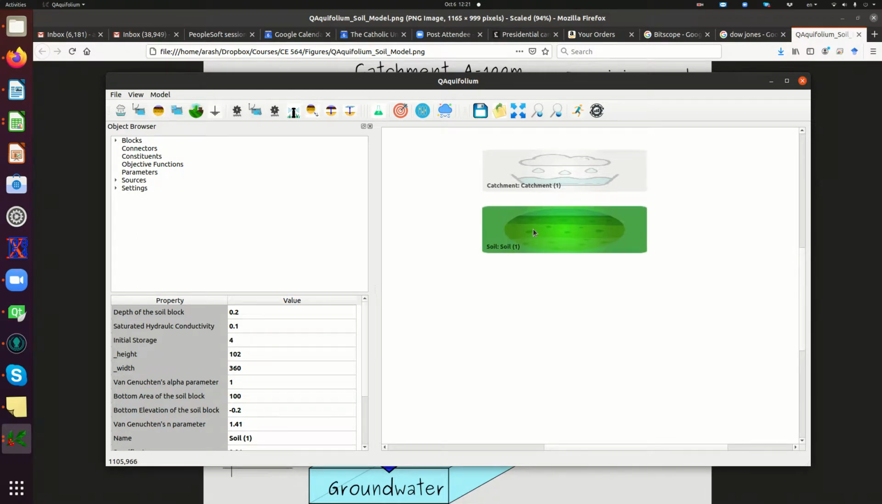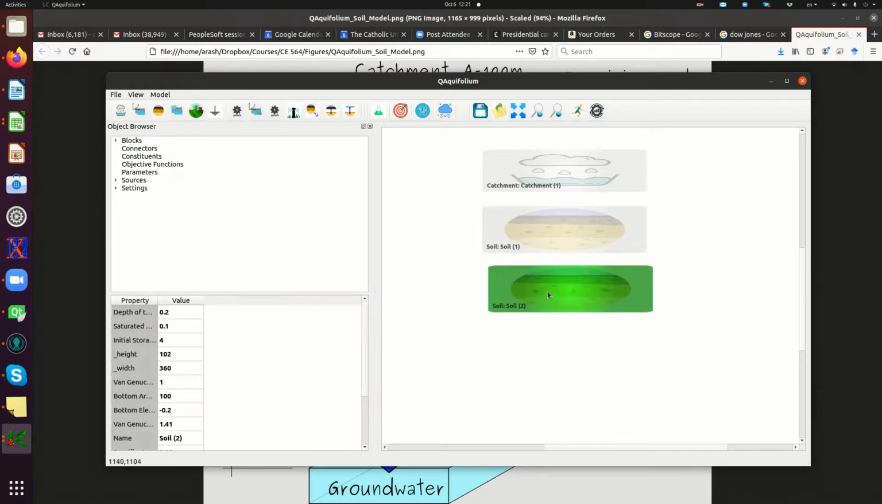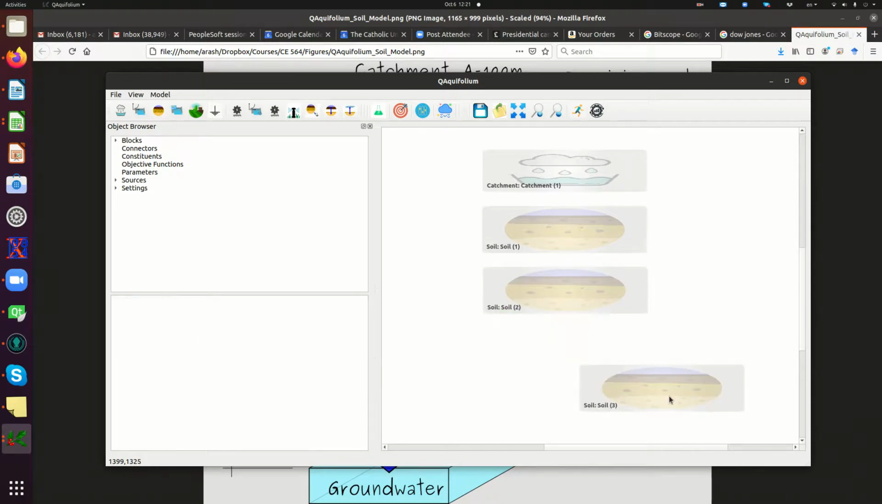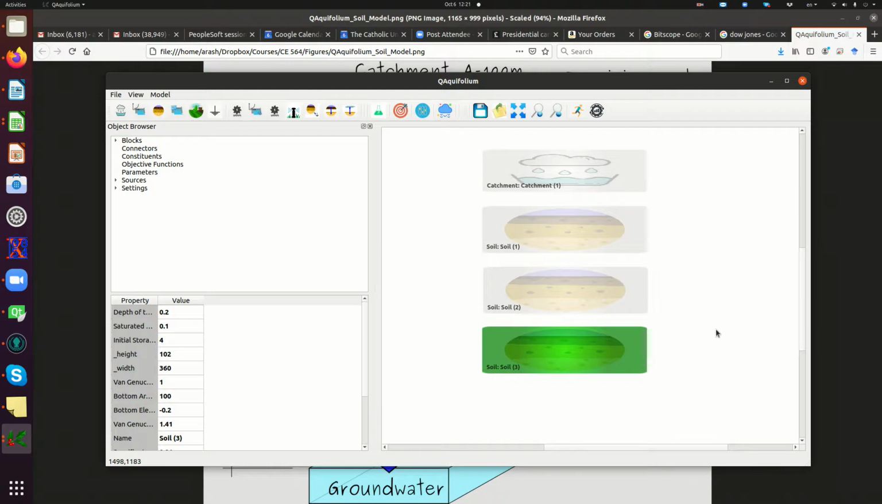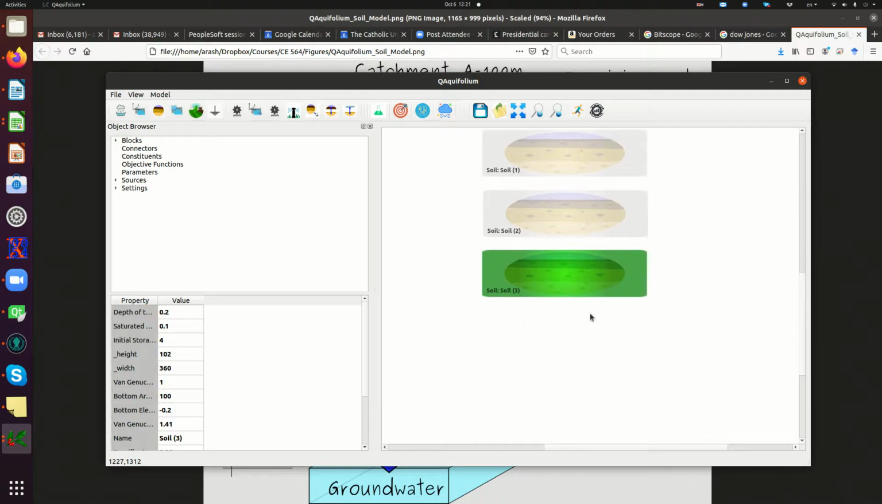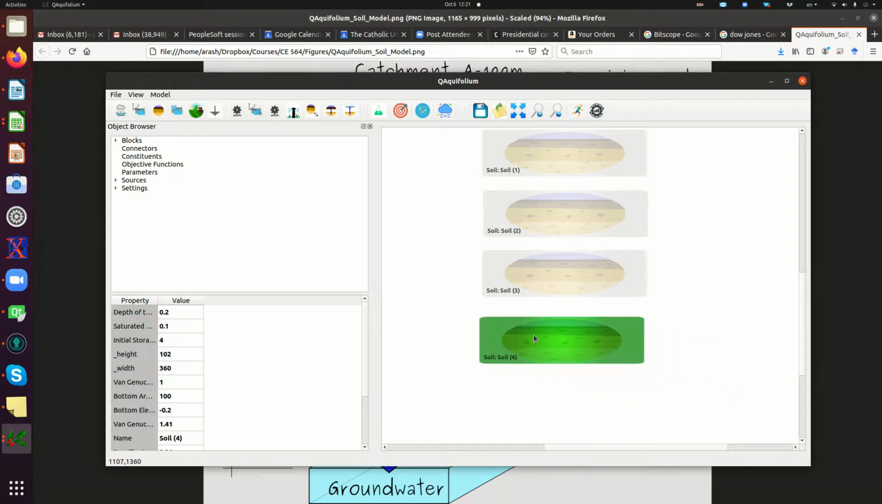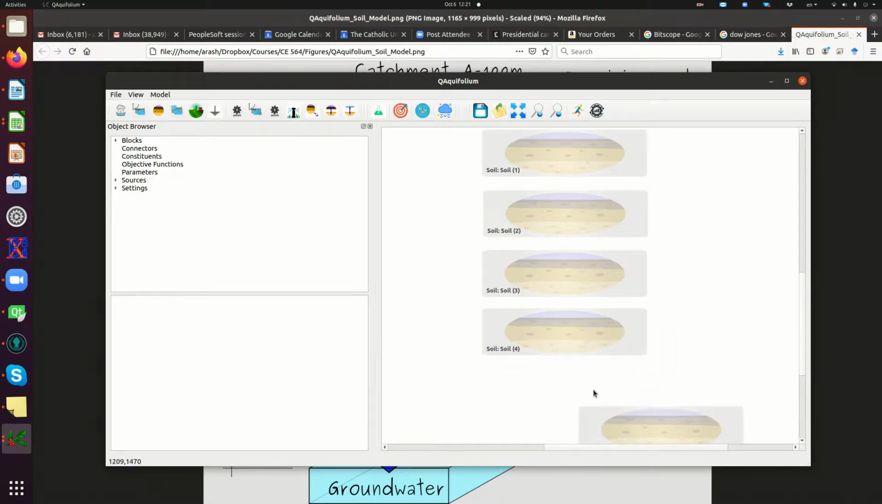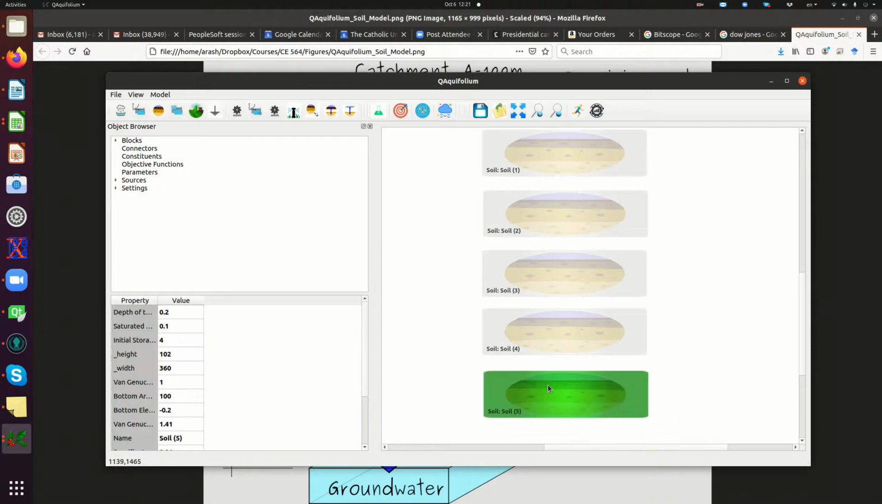Now what I'm going to do is I'll just make some copies of it. So I'm going to copy it, and I'm going to paste it here. And I can keep on, basically, copy again, paste. So that's 3 soil blocks, copy again, paste. And then copy again and paste. Okay, so we have 5, and the only thing that I need to change, assuming that the soil is homogeneous,